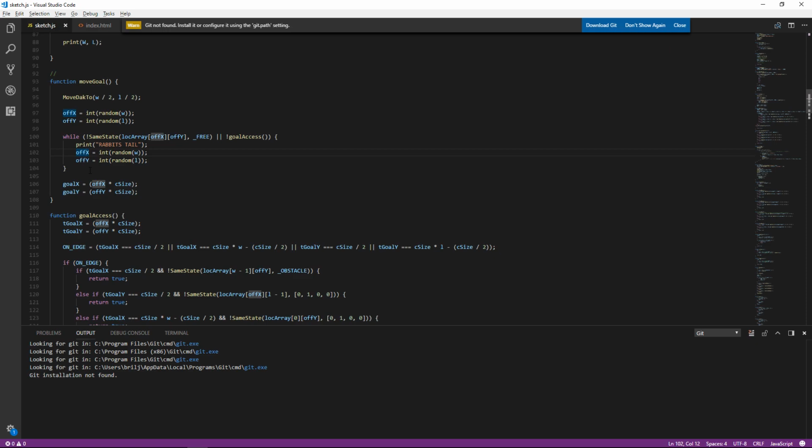Offset is the position on the map, times the actual size. So if, and this is for our player, if t goal equals c size divided by 2,